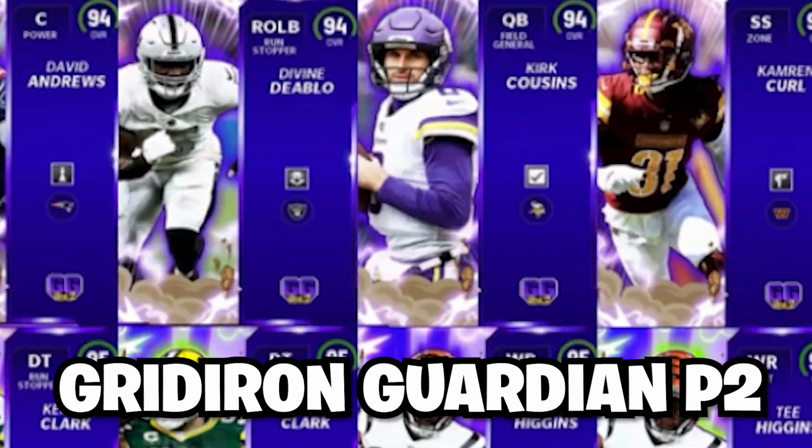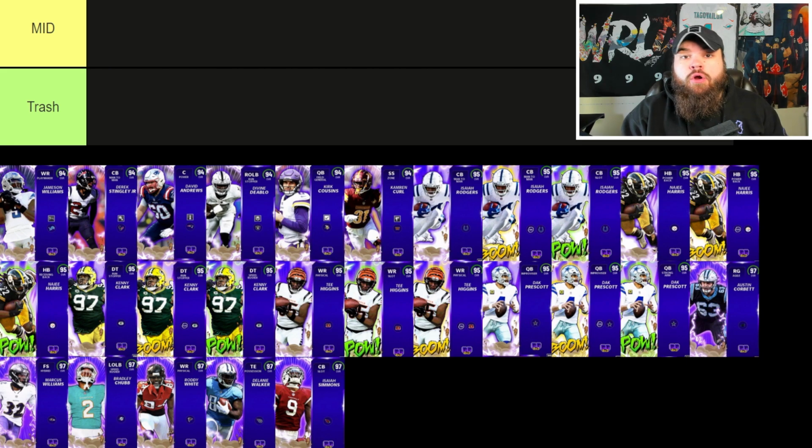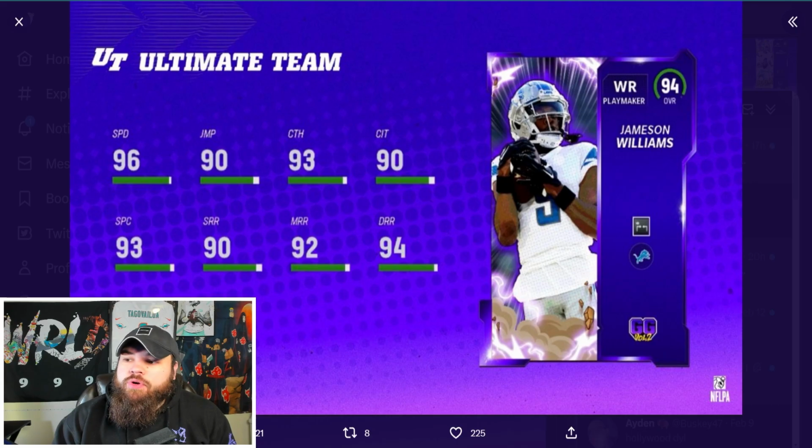Ranking the best Gridiron Guardian Part 2 cards in Madden 23. We just got revealed Gridiron Guardians Part 2, and today we're going to be going over each and every single one of these cards. So we're going to get it started with Jameson Williams. I believe he is 6'2", he's 96 speed, and something about these 94 overalls, the ability you see right here